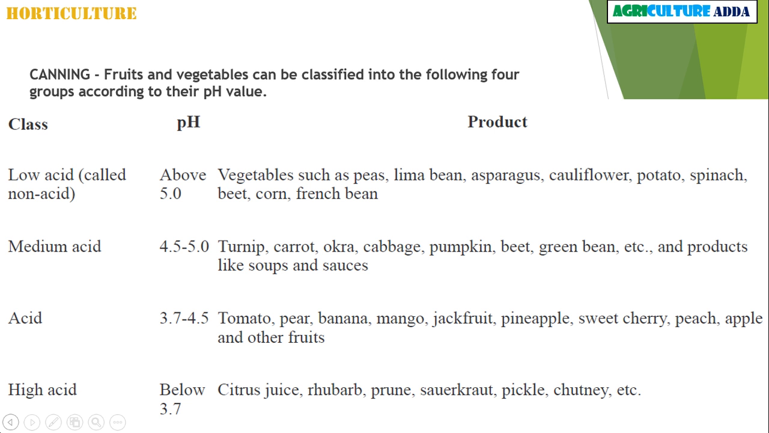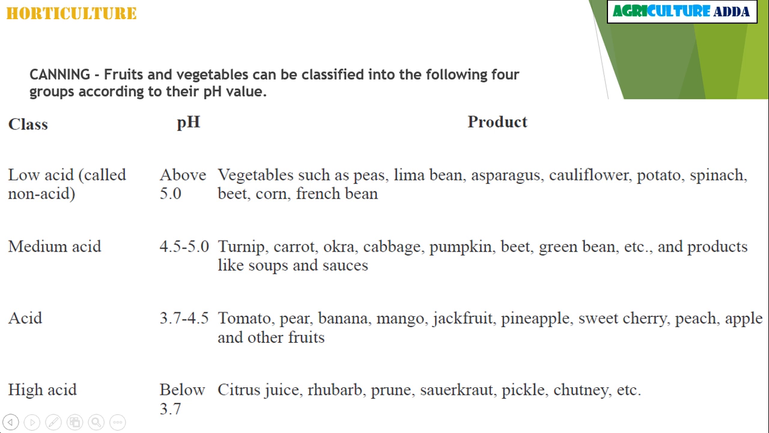These are some of the classes of pH and product. In case of low acid, that is pH above 5, vegetables such as peas, lima bean, asparagus, cauliflower, potato, spinach, beet, corn, French bean are used for the product. And medium acid is 4.5 to 5. In this case, products of turnip, carrot, okra, cabbage, pumpkin, green gram, and products like soups and sauces are made,